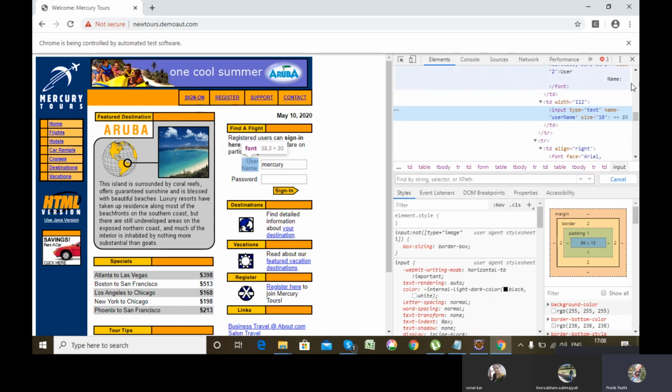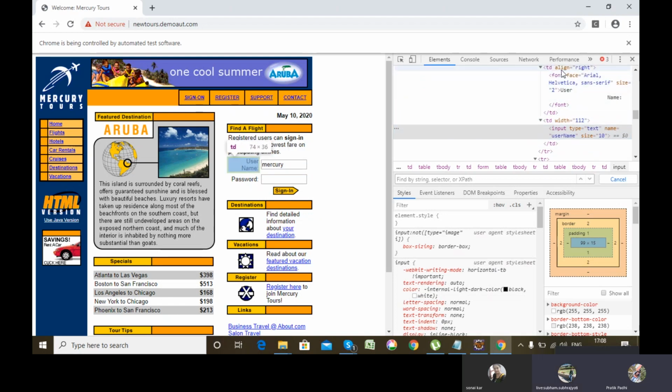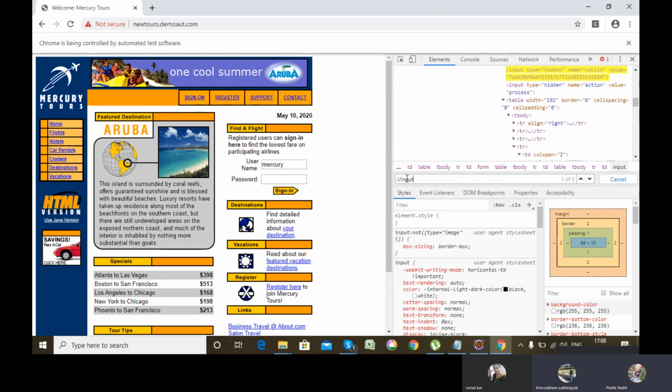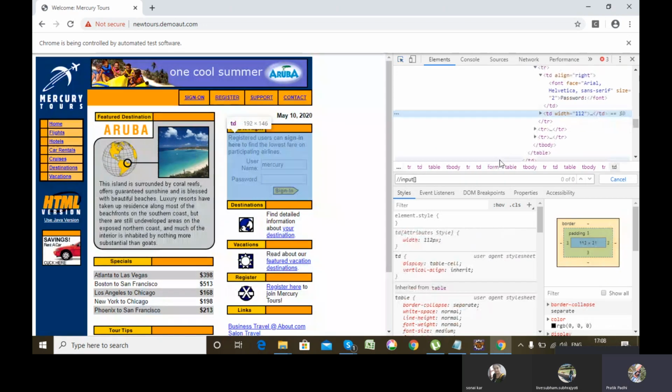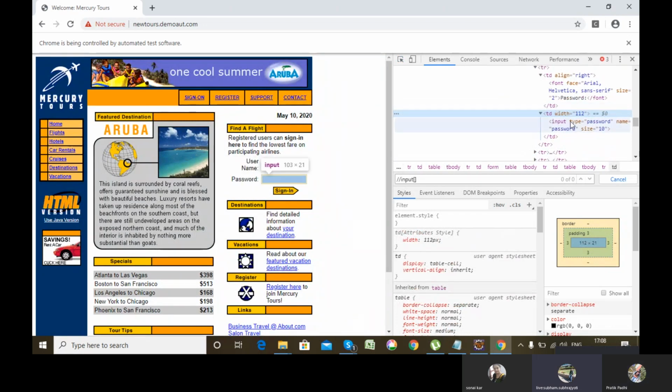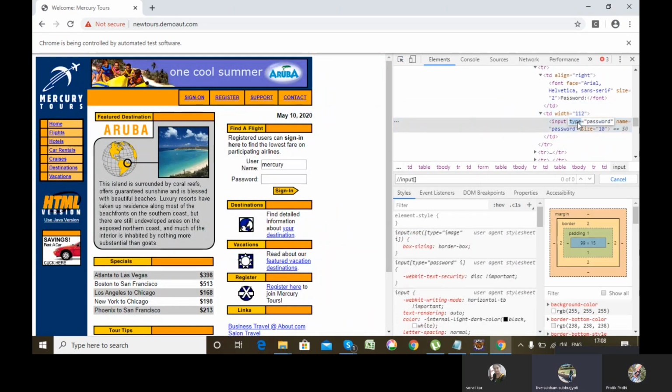What I can do here is I have to go to this username. So how will I write the XPath? Tell me. Double slash, input, then bracket start, then text is equal to, or you can put type is equal to password.